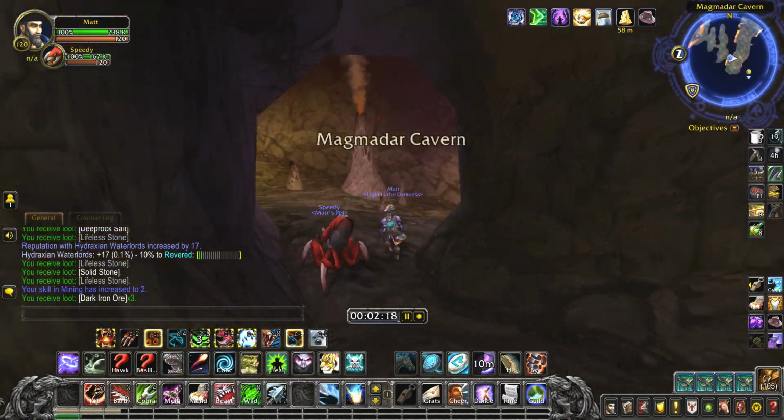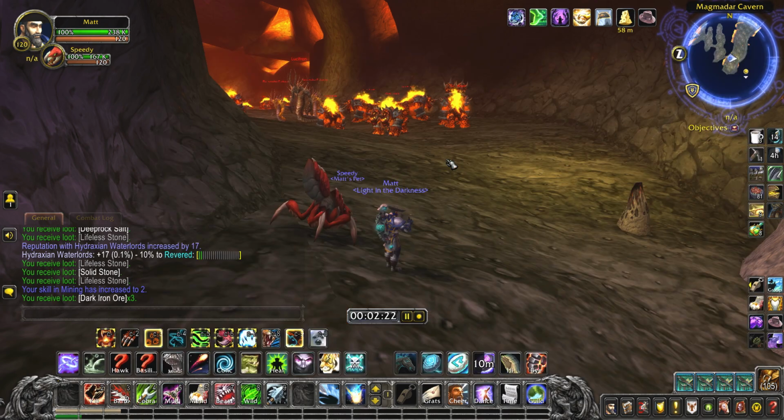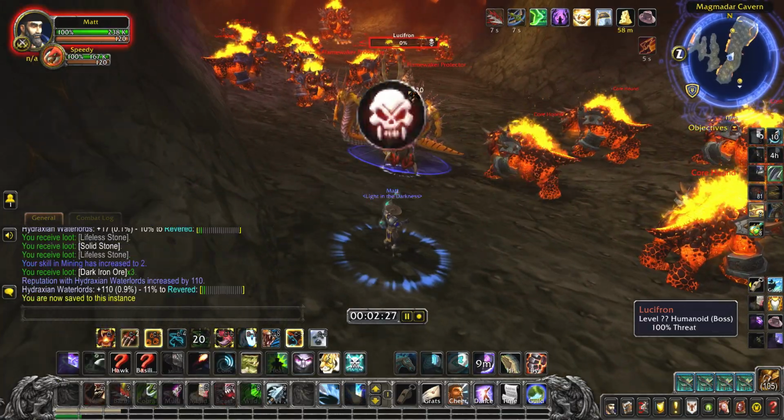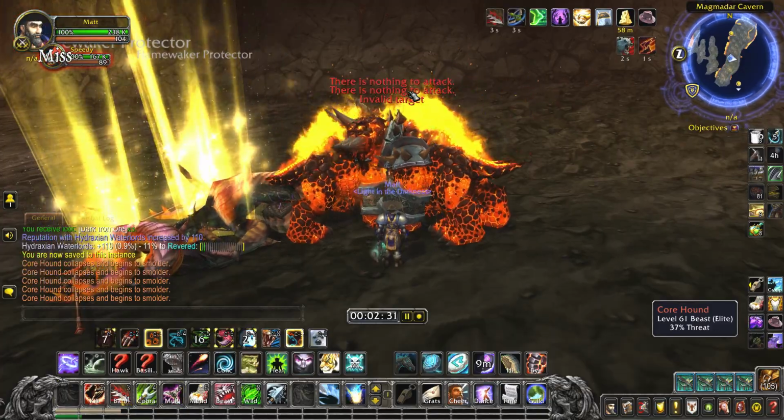Okay, so through here, this is where we are. We're in the Magmadar Cavern. We're going to hit Luciferon and Magmadar, guys. You don't really want to have to aggro all these core hounds if you can help it. It's just a pain more than anything, I find. So if they aggro, you can burst them down quick, but...